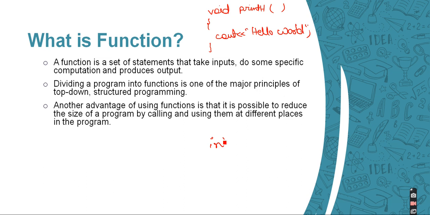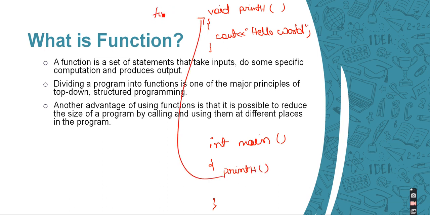And now inside my main function, if I want to print hello world, instead of writing the same code again, I can just write print h. I am calling this function. This is the function declaration, just like we have seen in the variable case. Int m, this is the variable declaration, right? And if we initialize some value, it is initialization of the variable, right? In the same way, this is just the function declaration. We have just declared the function, and this is called a function call. We are calling that function.